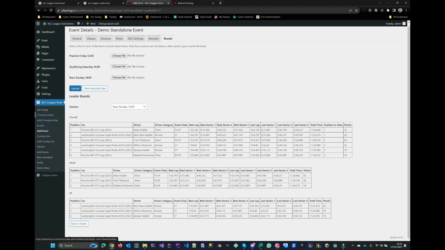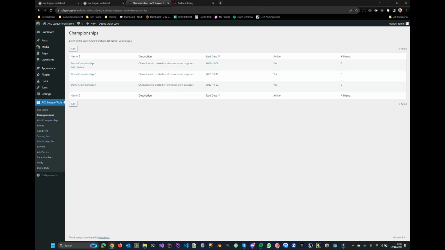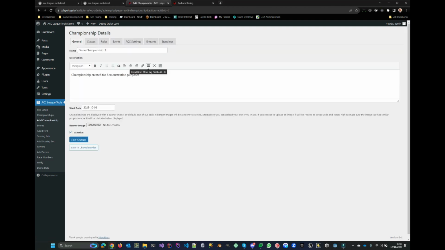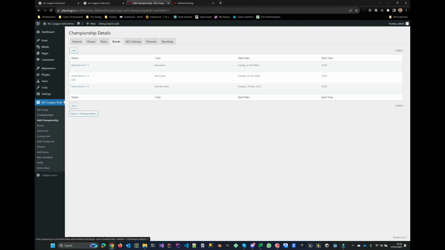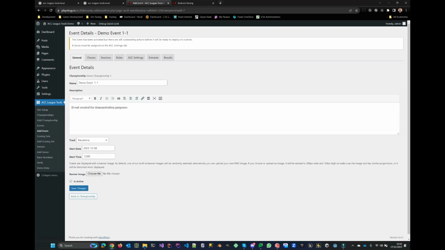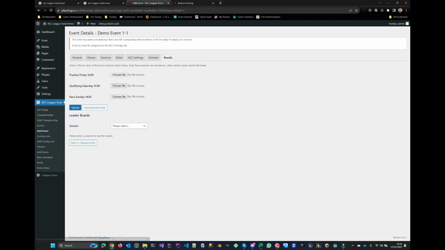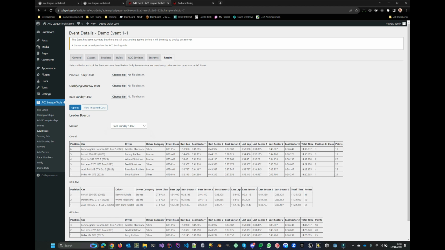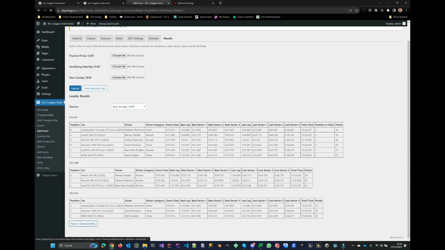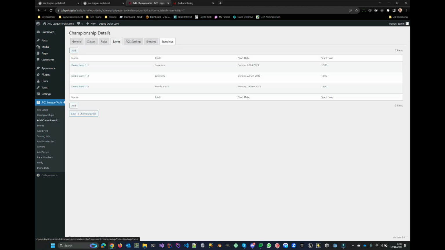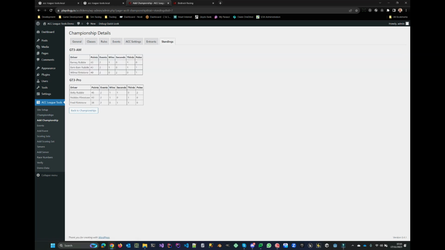If we go and look at a championship, you'll see this championship has 3 events: Demo 1, Demo 2, Demo 3. I can go and look at those results if I want to, and see the same sort of thing in there. Go back to the championship, but additionally here for championships we calculate standings, so we take the points that are calculated for each event, sum those up, and those effectively form the standings within